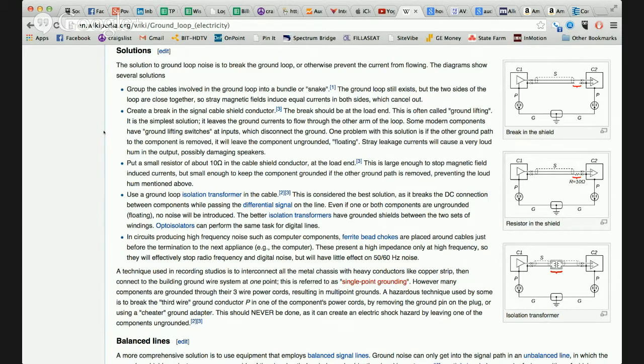That's more of an issue, okay? So we'll deal with both of these in turn, okay? So as you can see here, the first suggestion is group the cables involved in the ground loop into a